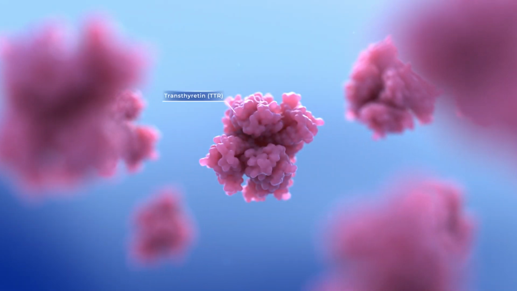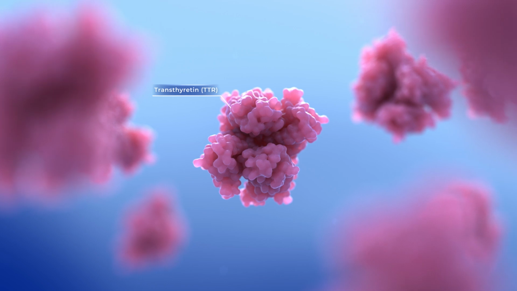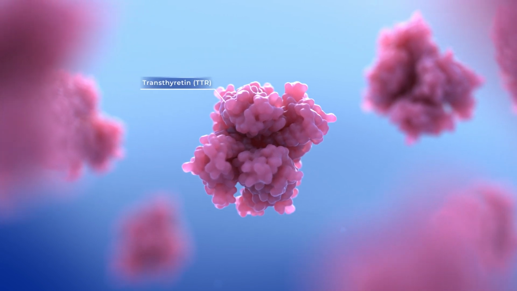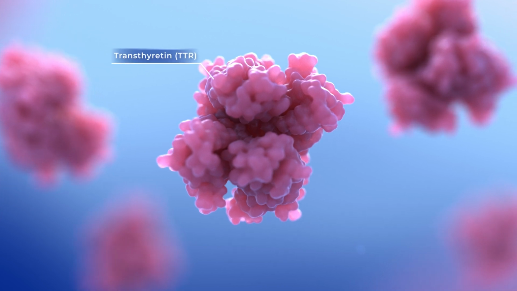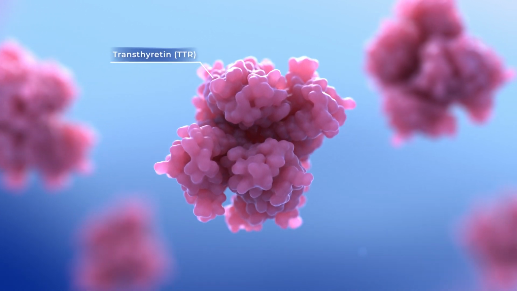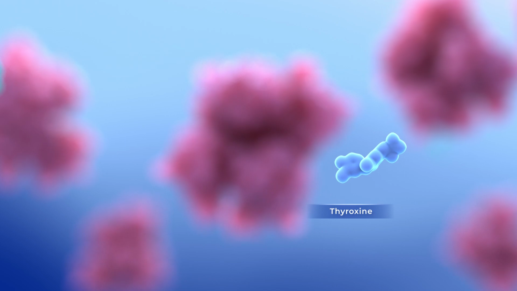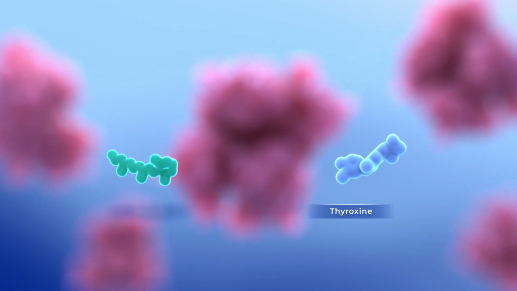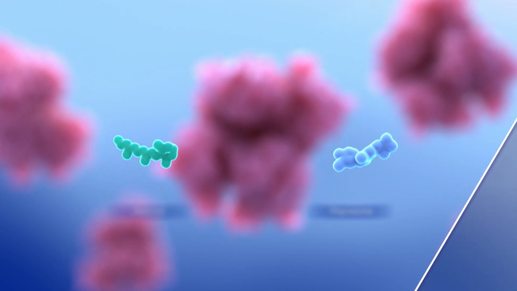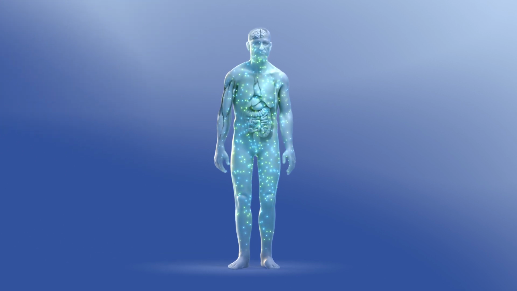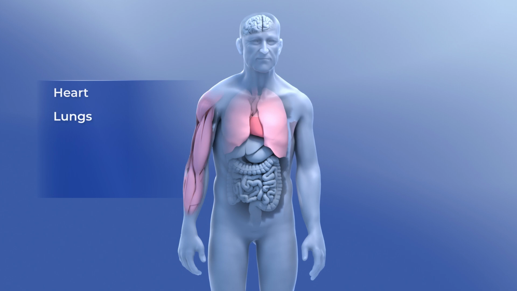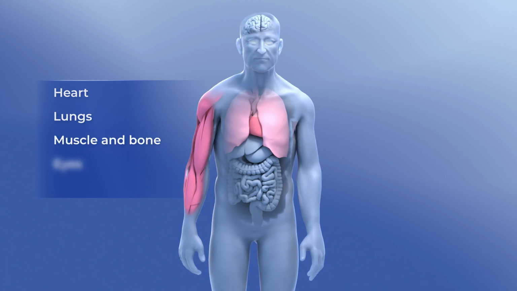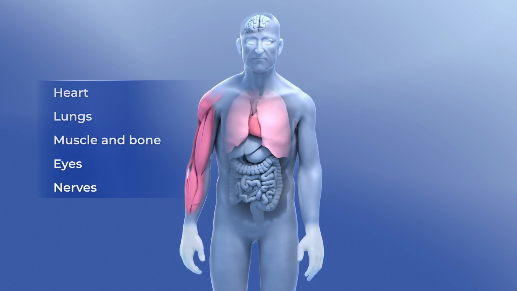Why is the TTR protein important? Aside from being the 12th most abundant plasma protein, TTR is a key transport protein that plays a vital role in maintaining everyday health and function. The role of TTR is to transport thyroxine, or thyroid hormone, and retinol, or vitamin A, throughout the body, which supports the development and function of multiple tissues and organs. TTR may also have neuroprotective effects.